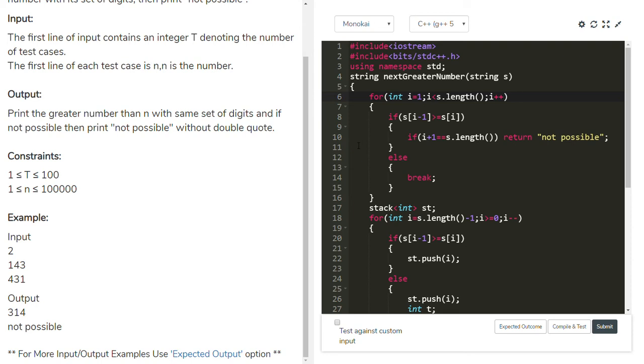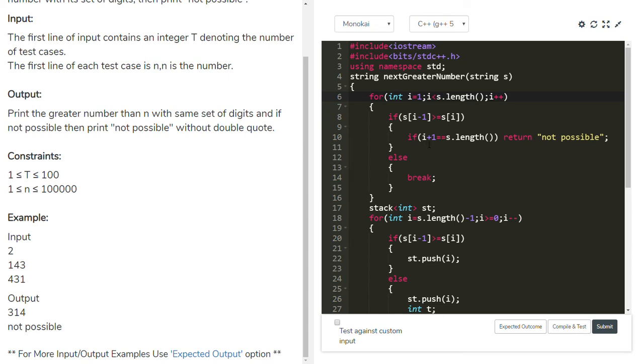Taking the second test case, when i equals 1, we are at the position of 3 now. Check this: s of i minus 1 is greater than s of i. s of i is 3, s of i minus 1 is 4. Yes, 4 is greater than 3.